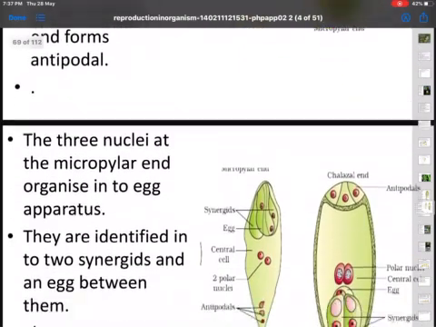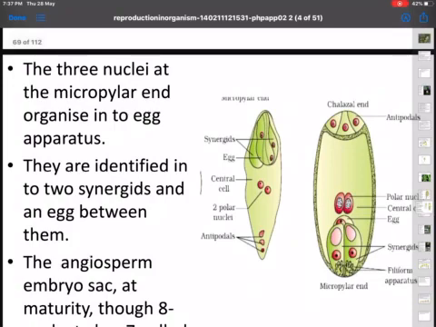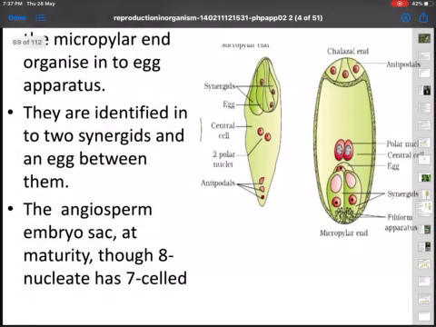So the embryo sac, as you are able to see, will have totally 8 nuclei. At the chalazal end 3, at the micropylar end 3, 3 plus 3, 6, and centrally 2 polar nuclei. So totally 8 nucleate,